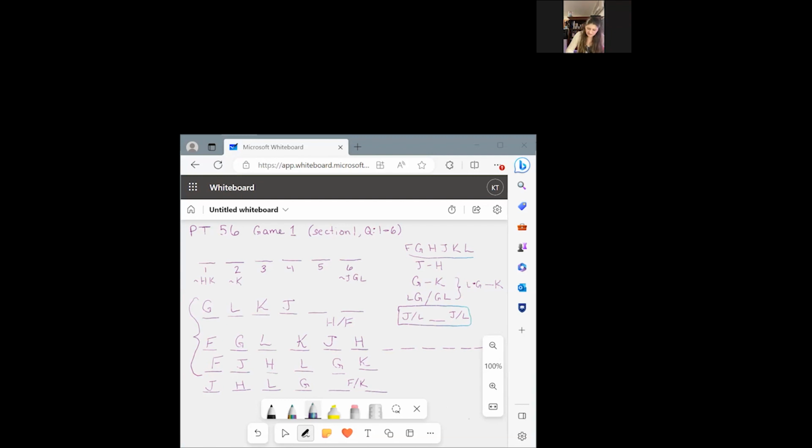So we probably have to test L in both 5 and 6, unless y'all can tell me a reason, just by looking at our rules, that we wouldn't have to do that. We can look at the combination of rule 2 and 3. And we know that what? If you were to put L in 6, where would the placement of K go? K can go